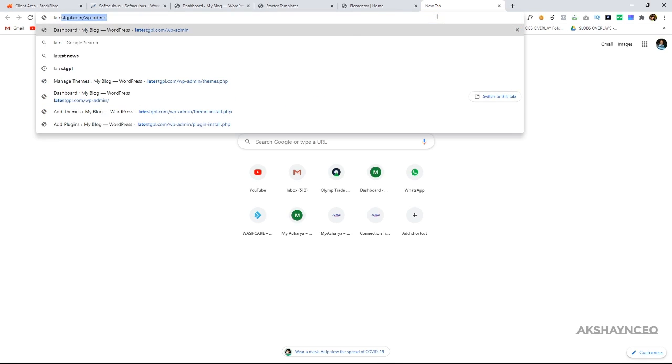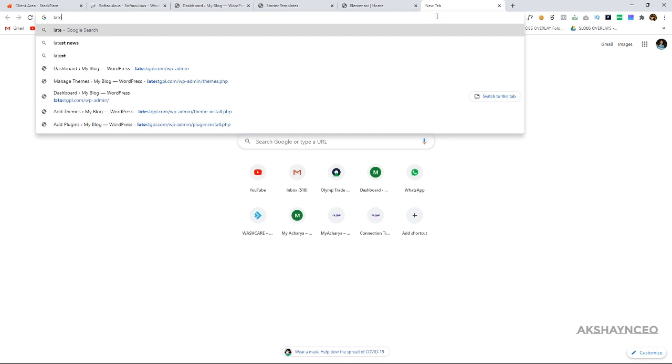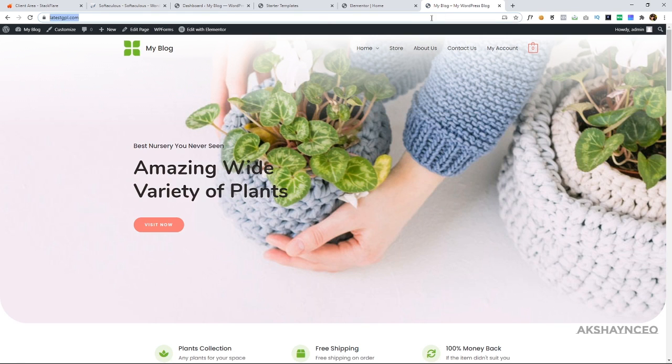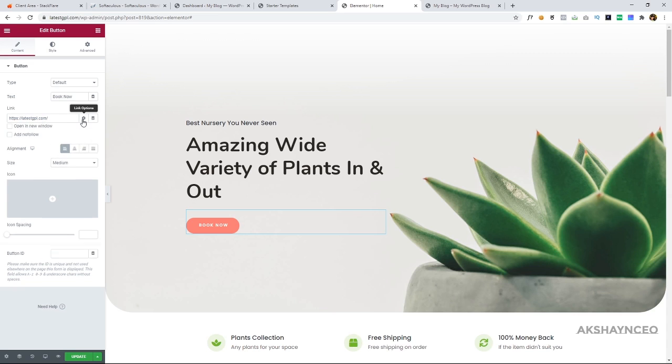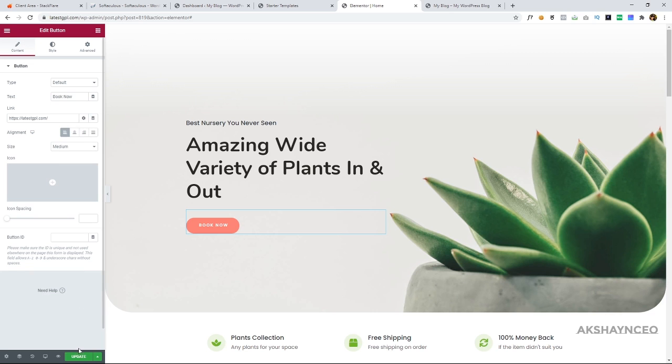Simply copy the link you want to be there. So I will be choosing my own domain link. Copy that link, paste here, and if you click on the settings, it will show open in new tab or open in the same tab. I will suggest you open in new tab and click on update.